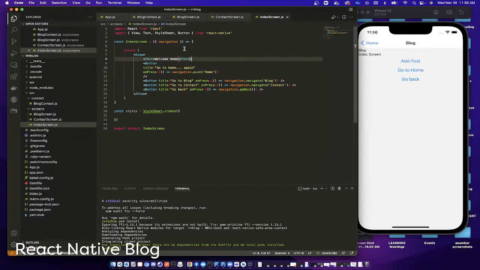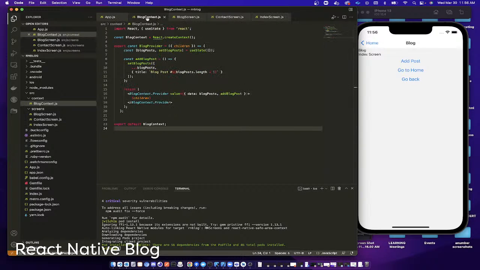And in order to do that, we're gonna go over to the blog context we created earlier. And inside of this context file, we're going to use a state. And in order to use states, you're gonna have to bring in the hook from React. And so by doing this, now you're ready to use the useState setting. And now we're gonna declare a blog post, and we're gonna set the setter, the setBlogPost, and we're